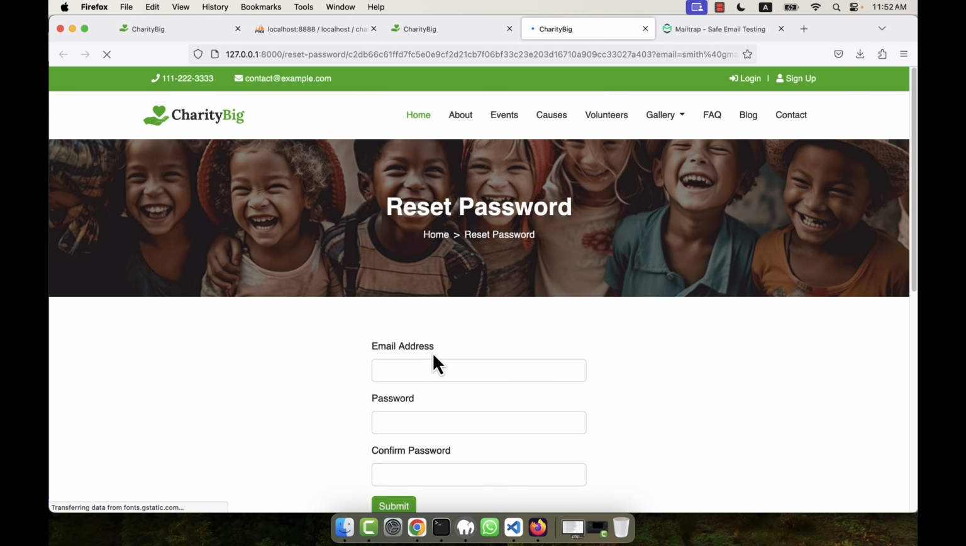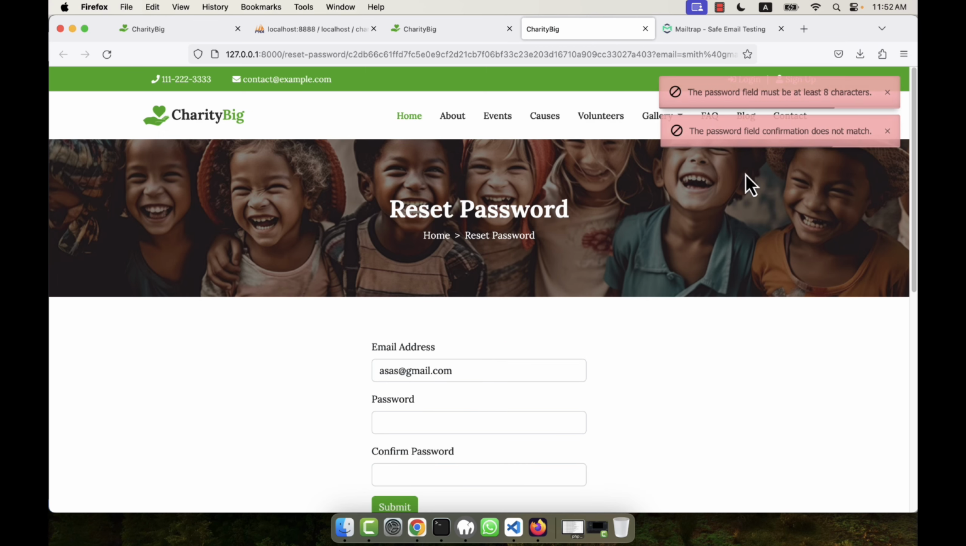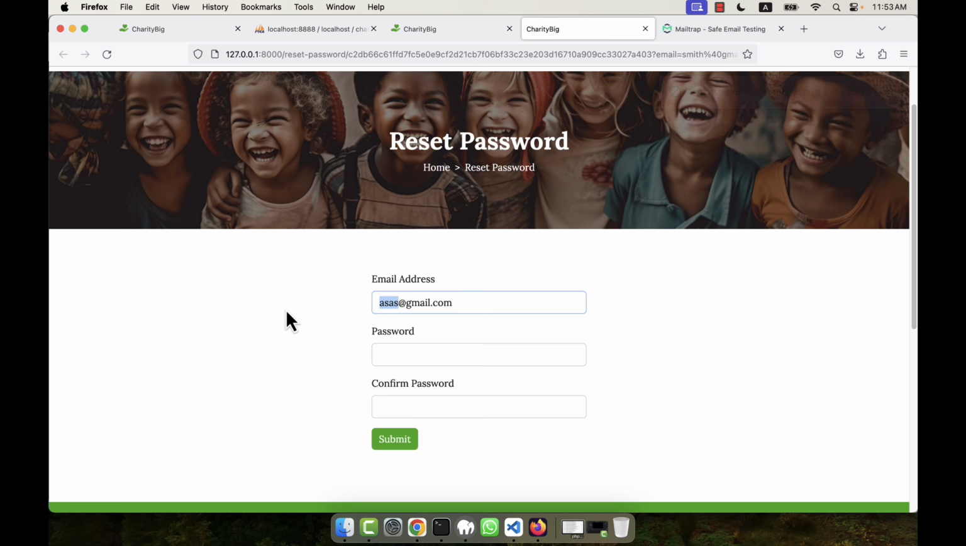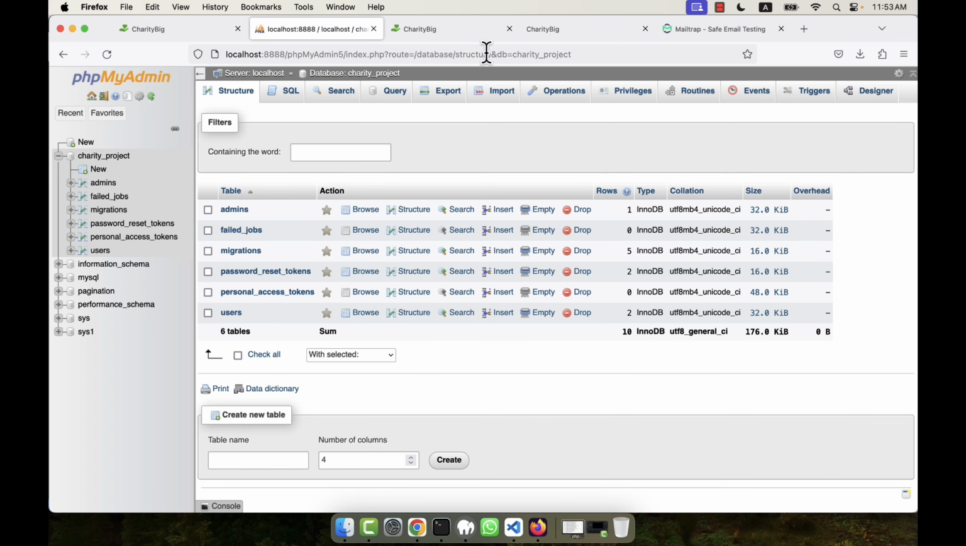So I am going to refresh. For example, I give a wrong email address, but password, you see there is error, but this field does not empty. So here I am now going to give the correct email address, password 1 2 3 4, like this, submit. You see password reset token is invalid, because I am going to reset a password where the email address is